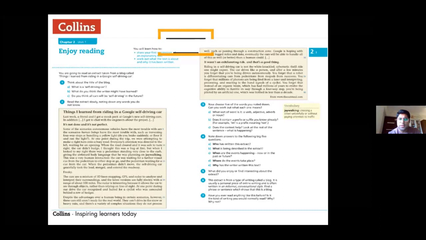If you look at the kind of grammar questions asked, on the go you can ask, if you teach them grammar thoroughly: what sort of word is it? A verb or an adjective or an adverb or a noun? Does it contain a prefix or suffix you know already? Does the context help? Look at the rest of the sentence. What is happening? So again, very specific questions have been asked, which will help critical thinking.